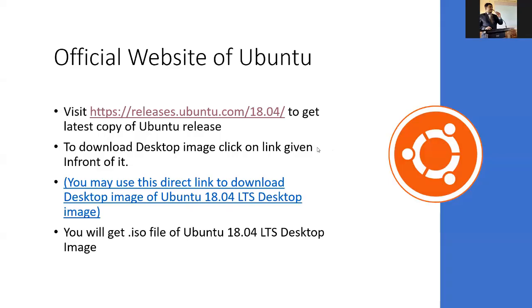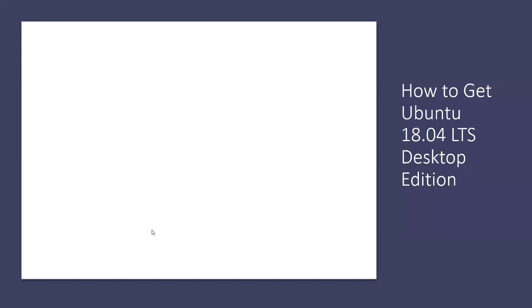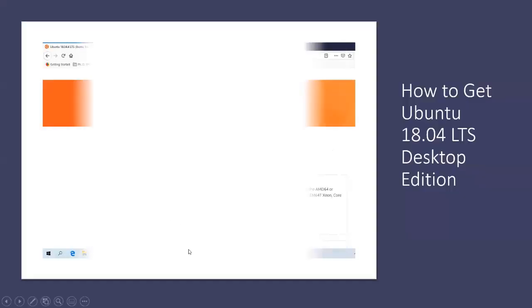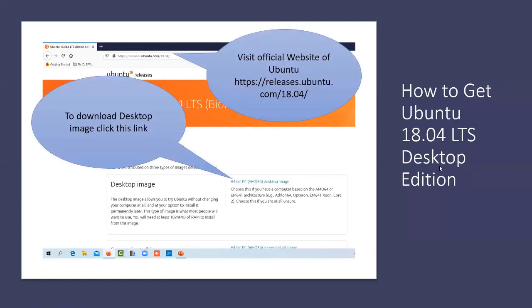In this way you can download Ubuntu. You will get the ISO file of Ubuntu 18.04 LTS desktop image. I have added the explanation in the presentation also. You need to visit releases.ubuntu.com/18.04, and then click download desktop image.